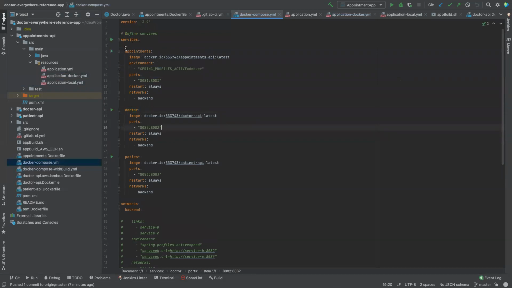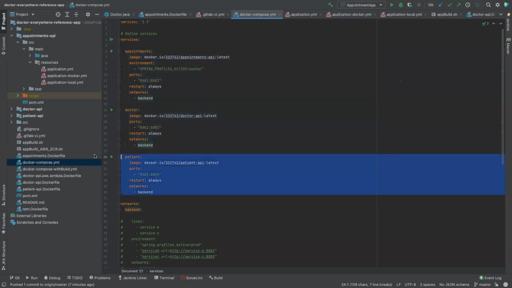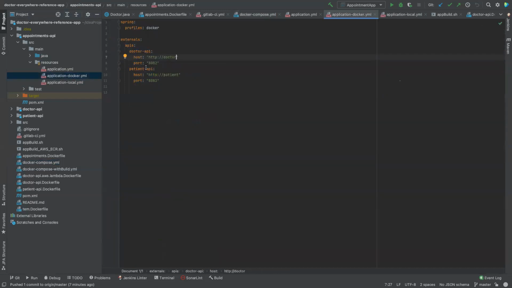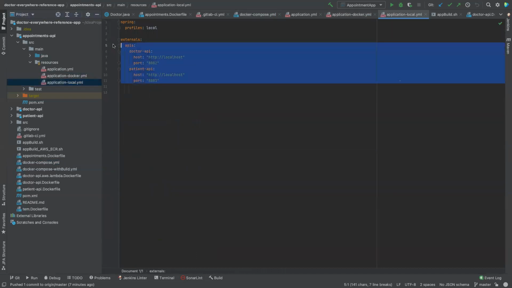Okay, so these are my three components I mentioned in the Docker Compose file, something like this. This will pull the image from here, and in the environment, I want to say Spring profiles active. I want to activate the profile docker so that my external APIs are this and not the localhost, not this, because I don't want this. I only want this when I run it from IntelliJ. I don't want this when I run it